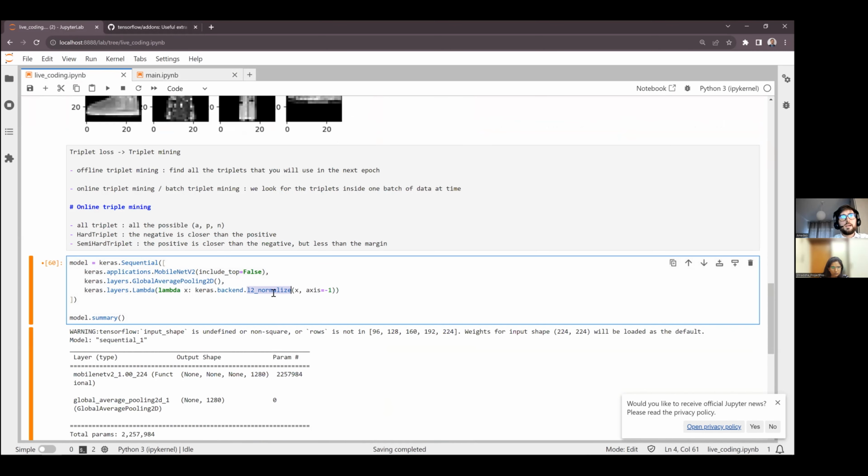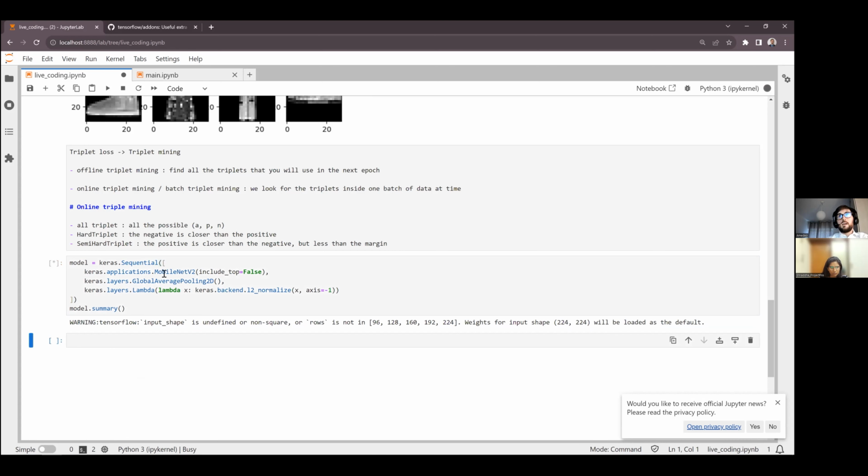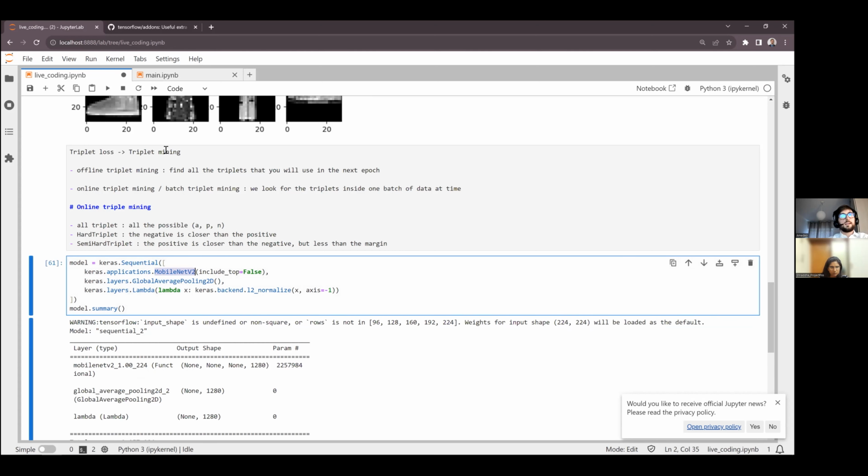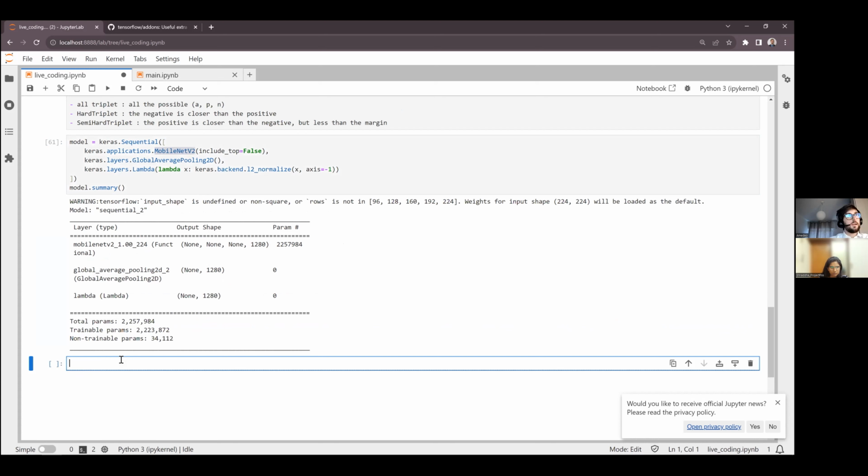In that way, if we use that function, we'll make sure that the norm of each embedding is 1, so it'll be living on the surface of an n-dimensional sphere. So the representation of the images can move across this sphere, but it will not go inside, so will not collapse to just one point. Let's see. Well, in theory, if the pre-trained model can handle images that small, we should be almost ready to train our model.